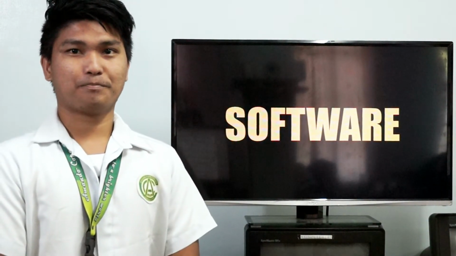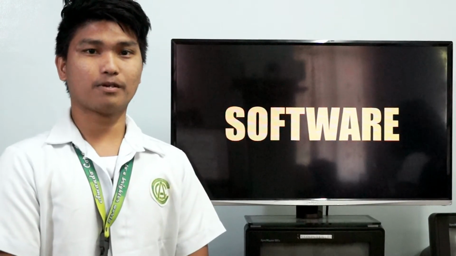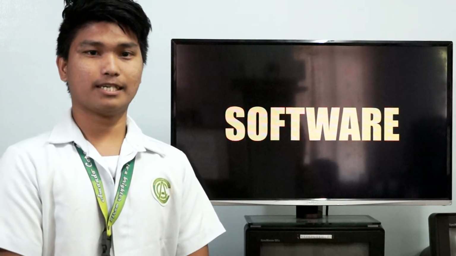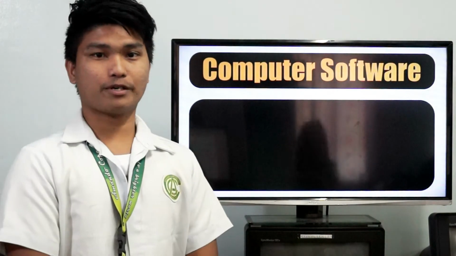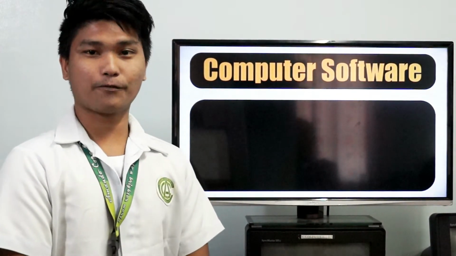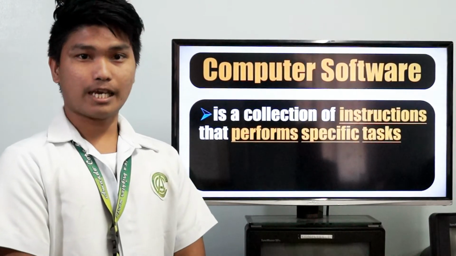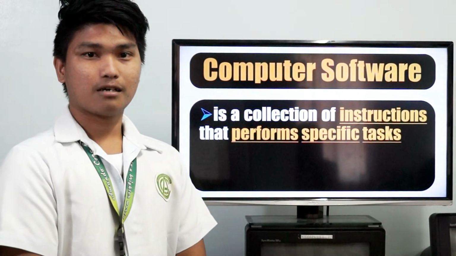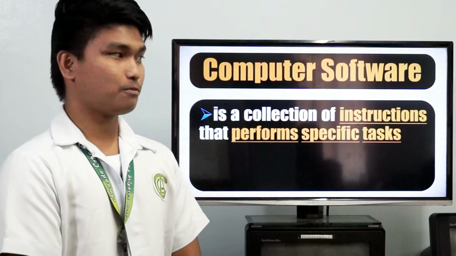Hi, I'm Freddy Belga, and I will discuss the second component of the computer, which is the computer software. First, let us know the meaning of computer software. Computer software is a collection of instructions that perform a specific task. It enables the user to interact with a computer. Without software, a computer